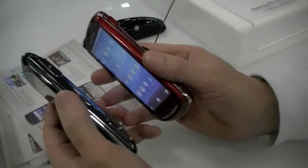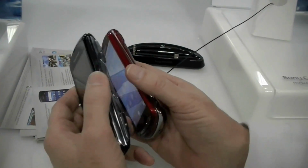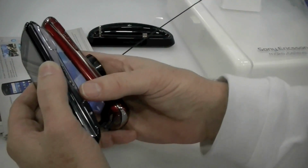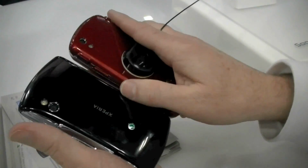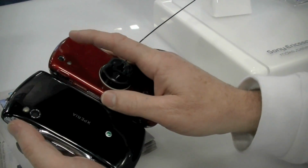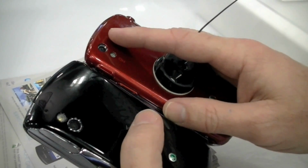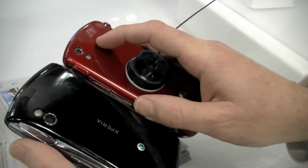Sure. Well, when we look at the hardware, they both follow a similar design language, but you see here, for example, moving the volume keys from the side to the middle for the Xperia Play, because that's where your fingers are going to be when you're playing and using the shoulder buttons. You'll see a similar look on the back with the LED camera light, but with the Xperia Pro, we step up with the camera from the 5 megapixel that you have on the Play. Going to the Xperia Pro, we have an 8.1 megapixel camera, and also HD capability in the Xperia Pro device